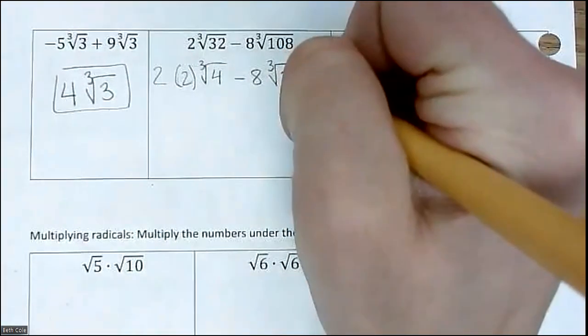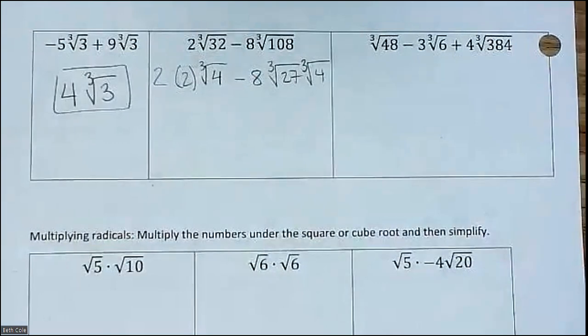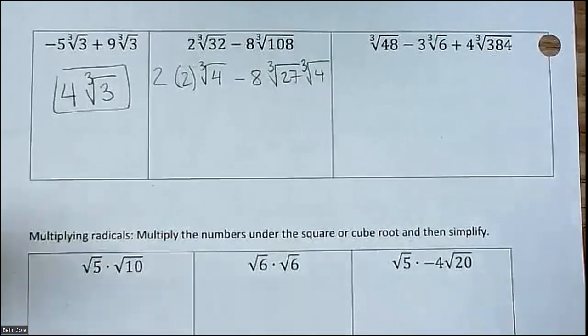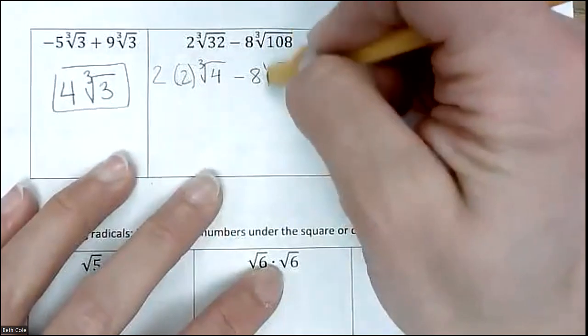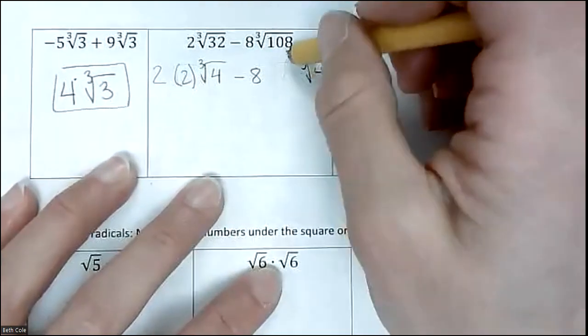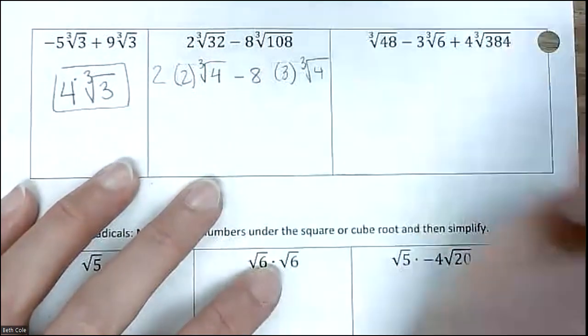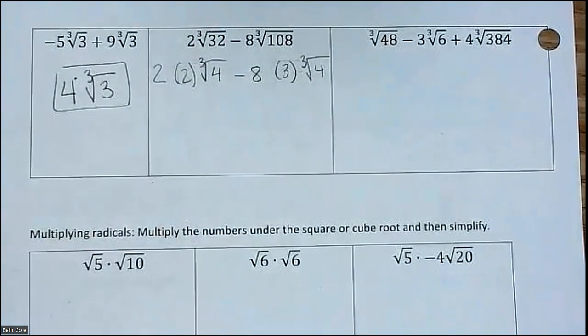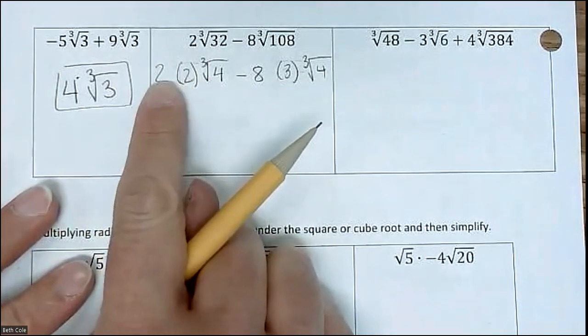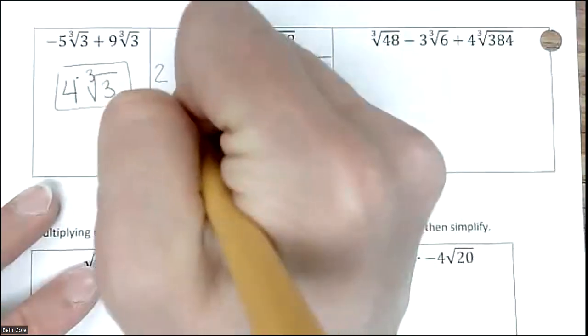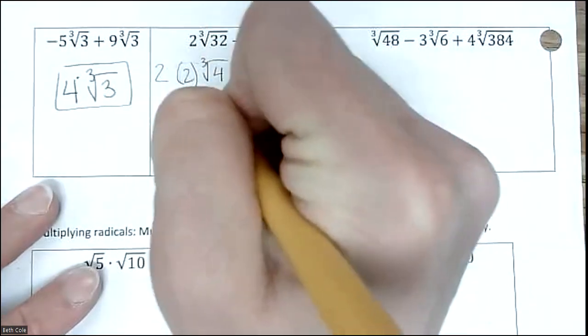All right, 27 times 4. For everybody else, do you see how I typed it in and got the table and then found 27 on the table? Okay. Now erase, what is your cube root of 27? 3. So erase that and put 3. Why is it 4? Yep, multiply 2 times 2. So you have 4 cube root of 4